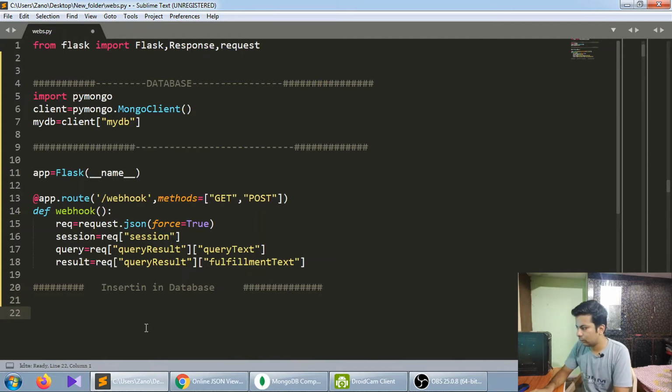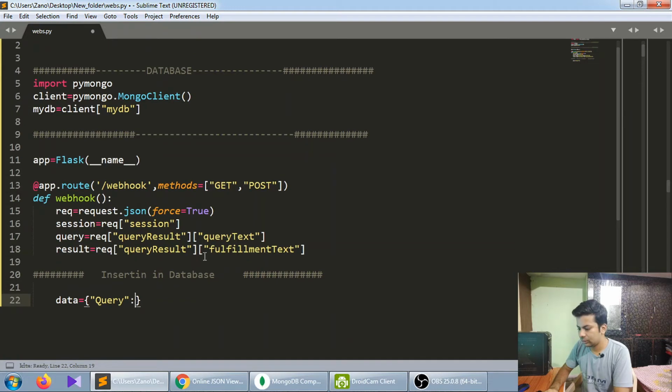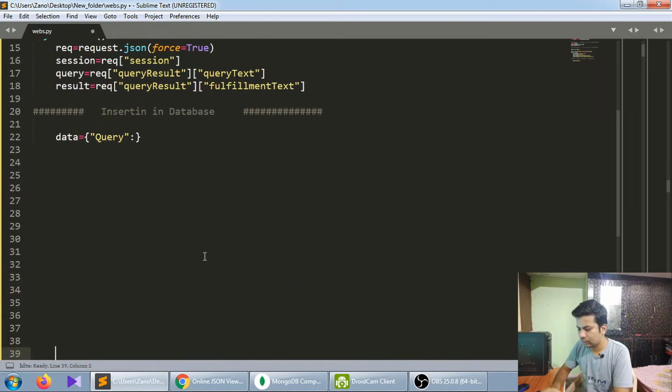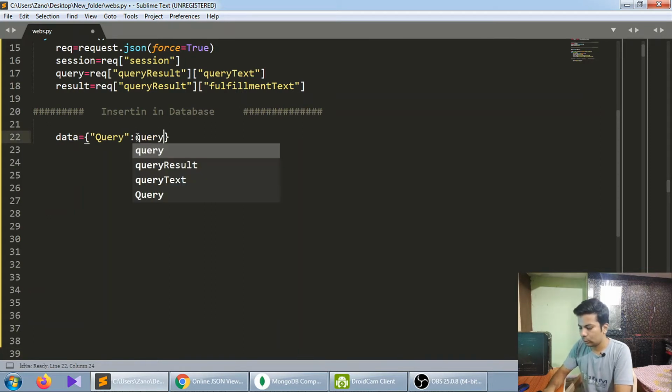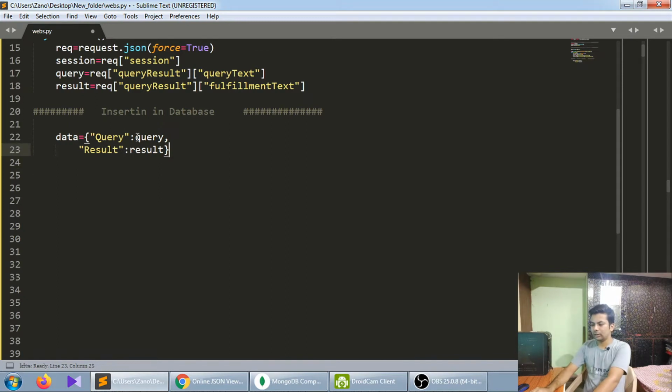Now we'll do data equal to a dictionary of query, and result. Okay, so we have got both the things in the data.